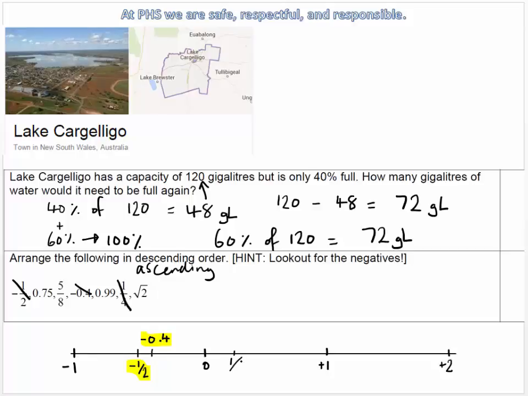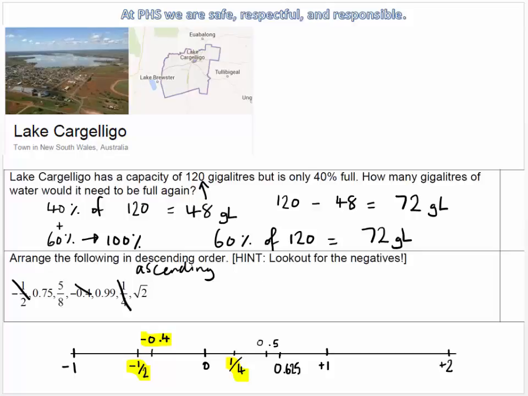So 1/4. What's my next one? All right, let's take a look at that list. I think it's going to be 5/8. Okay, now 5/8 is 0.625. All right, now if that's halfway, that's 0.5. We don't care about that one. We're looking at that disappeared for some reason. 0.625, so it's just past halfway,